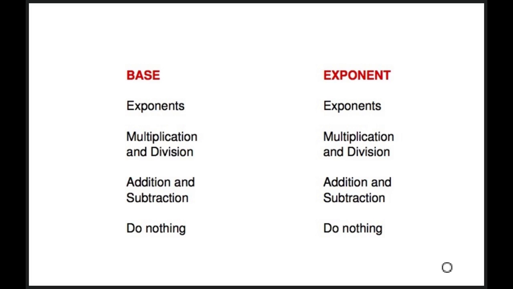We're talking about exponents, and remember from before, this column is going to represent what's happening in the base of your exponential, and this column represents what's happening in the exponent of your exponential. And these two things are related in that they're always one step down as you move from the base to the exponent. So if you have an exponent being raised to another exponent, that means you're going to multiply or